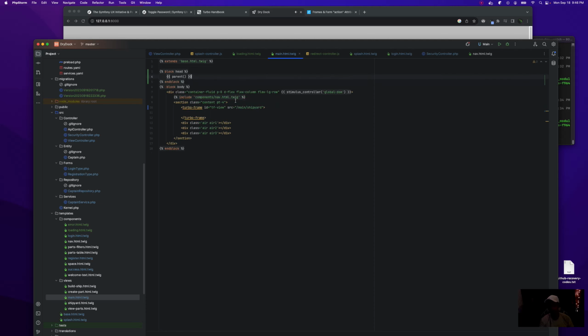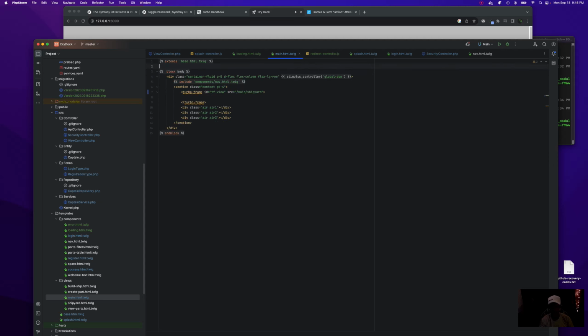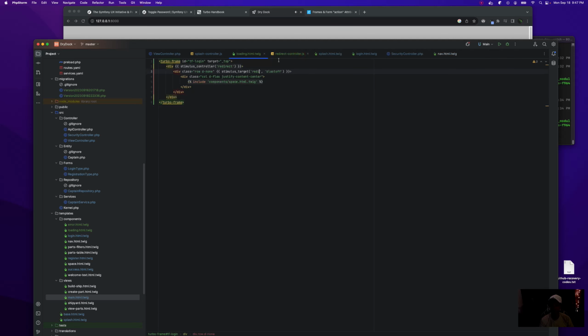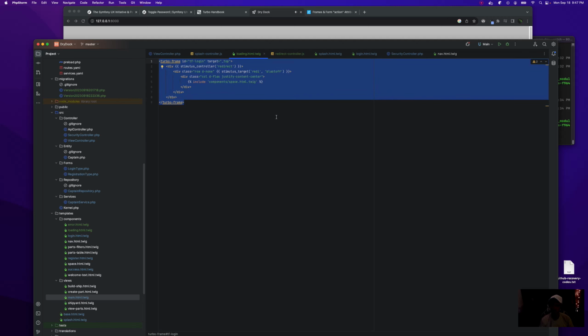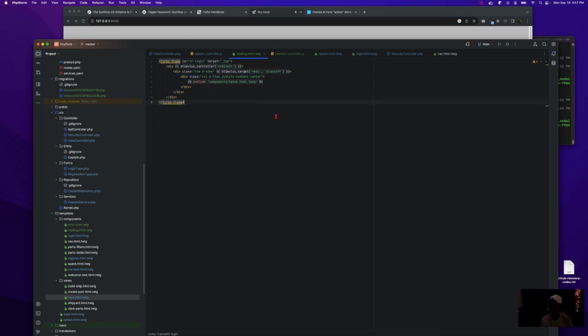So we don't really need any of this at all. We can just leave it as is, and this is going to end up being a lot smoother. So we're going to log in, we're going to load our loading turbo frame. Probably there might be some other places we want to use this dynamically to do a turbo navigation.